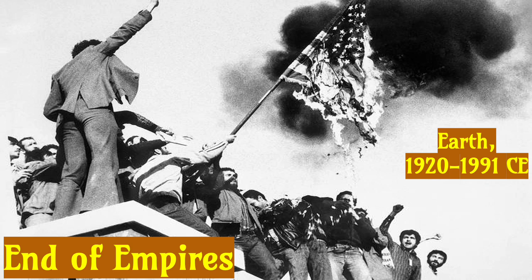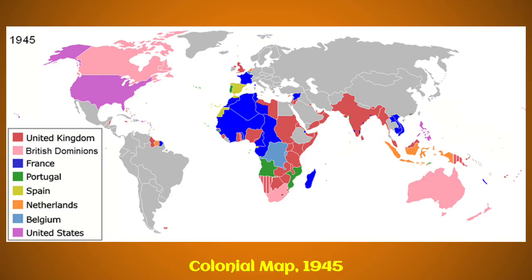Hello. Today we're going to be looking at the end of empire in the 20th century, but we'll also be taking a look at the ways in which the United States heavily influenced this period for good and bad. Just as a reference, we want to take a look briefly at this map so we can see what colonial possessions the European countries still had as of the end of the Second World War.